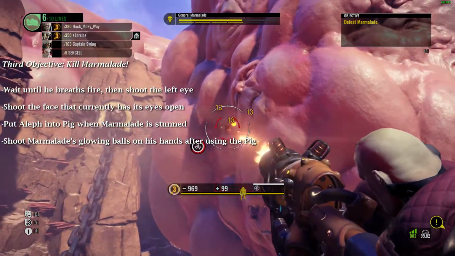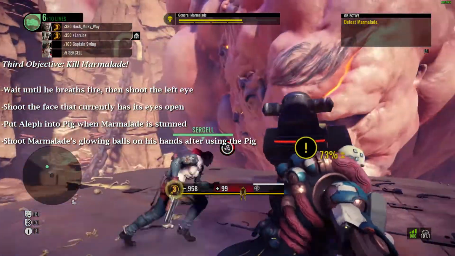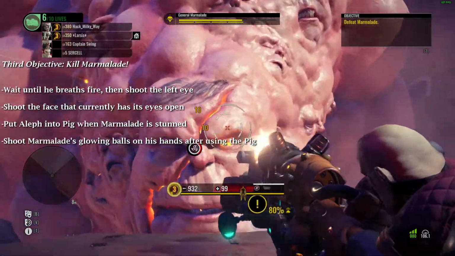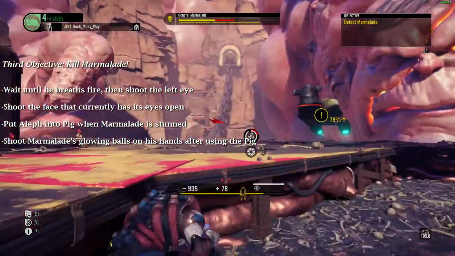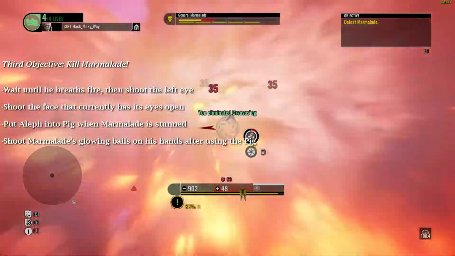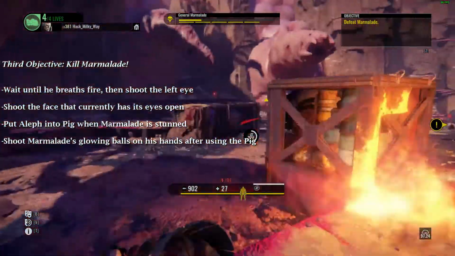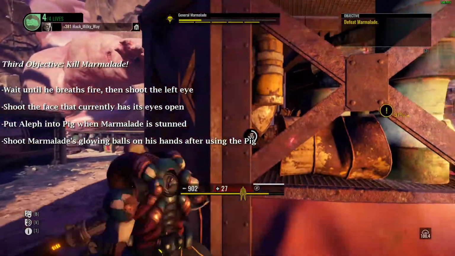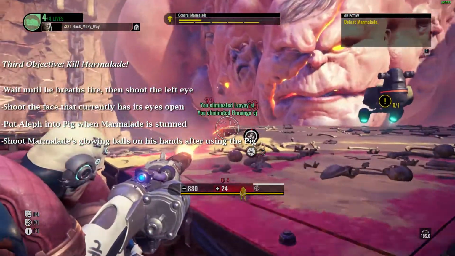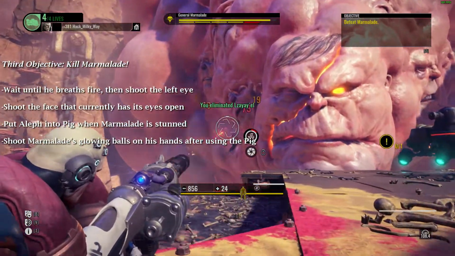In front of Marmalade is the pig. This machine will have a percentage that slowly goes up. Once it reaches 100%, it can be interacted with to put Aleph inside, but before that, you have to be careful. Marmalade often puts his laser fire breath thing over the pig, stopping raiders from injecting their Aleph, so make sure that you stun Marmalade first by shooting the usually closed eye that I've just mentioned before, then putting Aleph